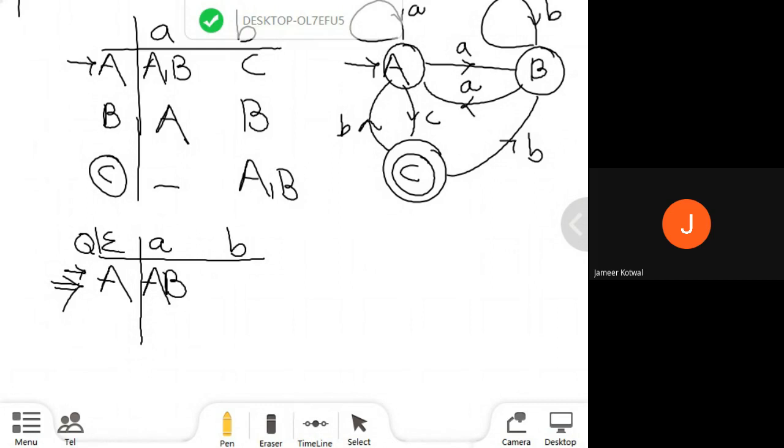Next, in state A, check for B. When I process B, it reaches state C. So I will define that separately, that is C. So in step number 1, I have got a new subset AB as well as C.